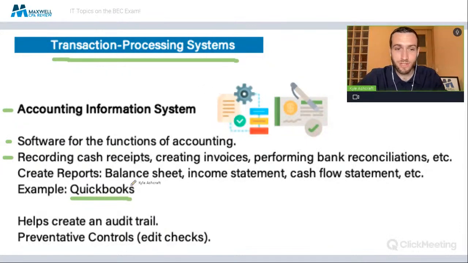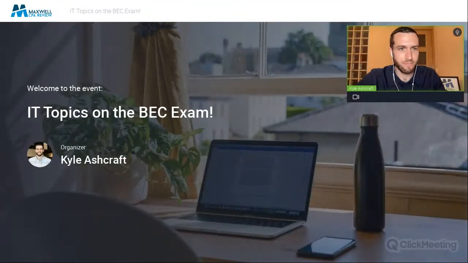And with the accounting information system, we get to create an audit trail because it helps us to track the different transactions that the company has had. And it helps us with preventative controls, which we will talk about. So that's the first kind of transaction processing system, an accounting information system. So now let's take a look at the next kind,